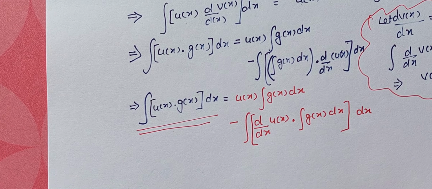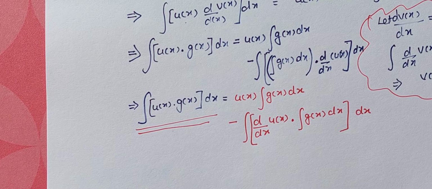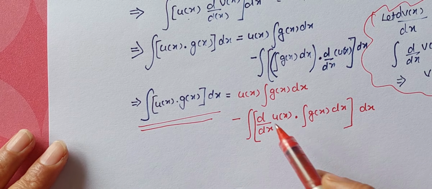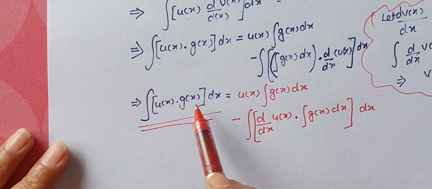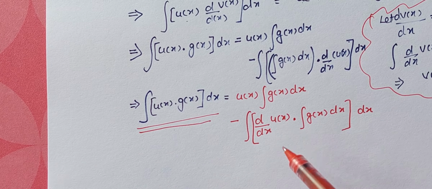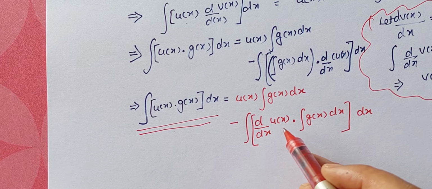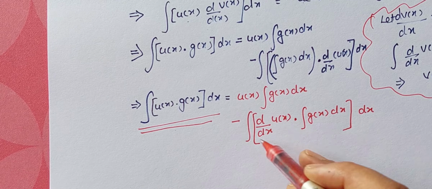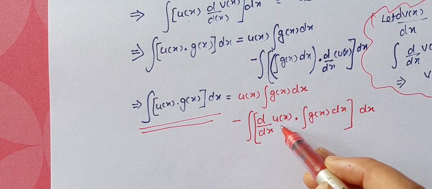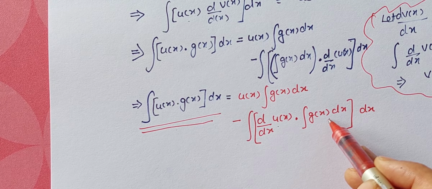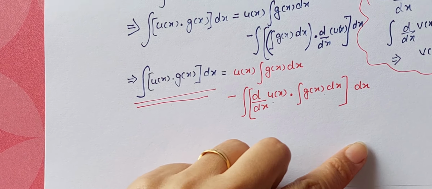So are we going to be in any kind of loop? Yes, there are many problems, and there are ways to come out of those also, but things simplify themselves if we choose the first and the second functions carefully. We should choose the first function in such a way that after taking its derivative, it's easy to find the integral of these two functions. How come? Let's discuss this with an example.